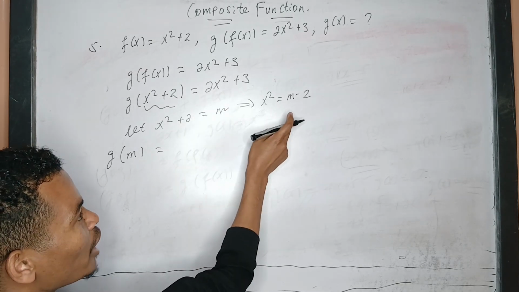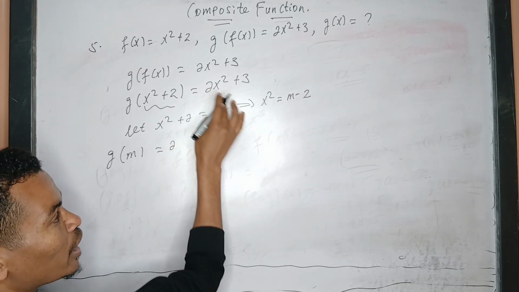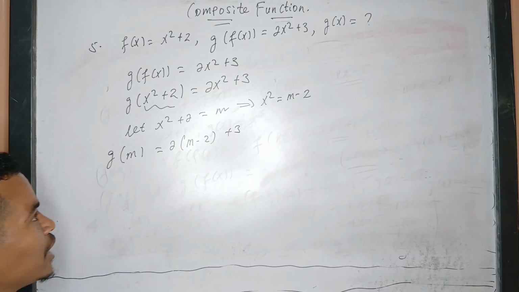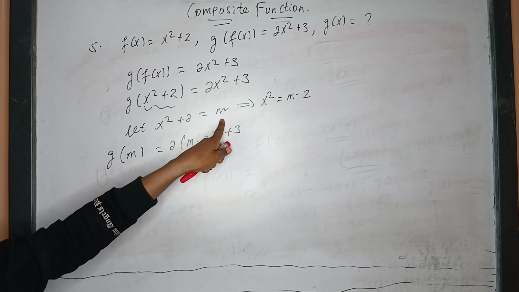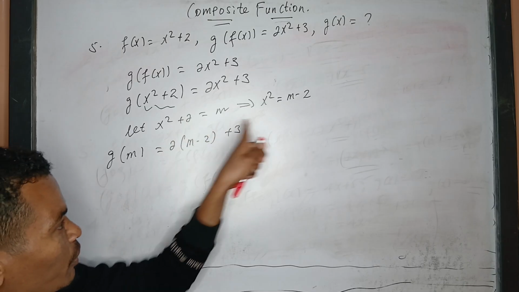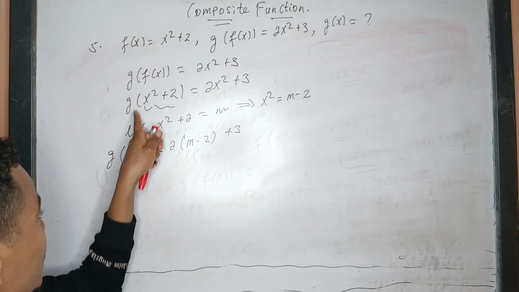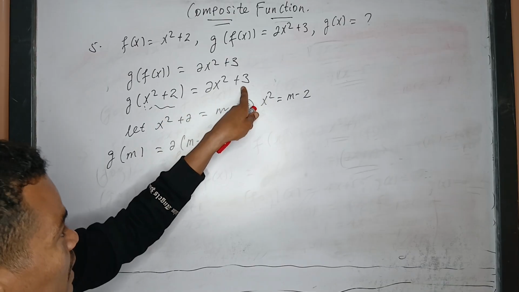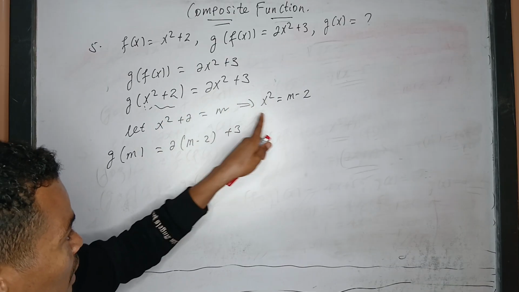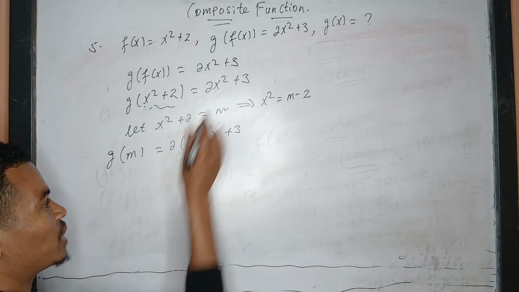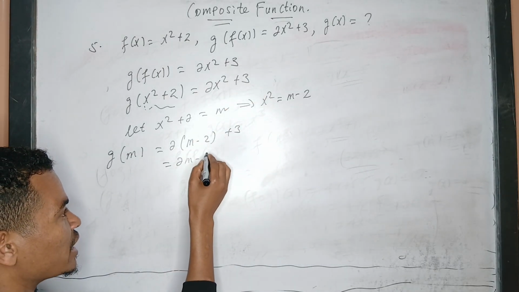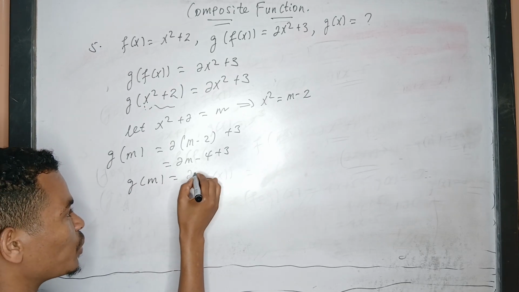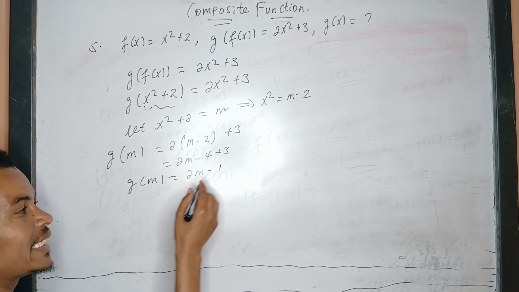2 times x squared, and x squared is m minus 2, plus 3. Here I said x squared plus 2 is m, and from this x squared is equal to m minus 2. So g of x squared plus 2 is g of m. g of x squared plus 2 was 2x squared plus 3, that is 2 times x squared, which is m minus 2, plus 3, which is 2m minus 4 plus 3. That is g of m is equal to 2m minus 1. Then replace